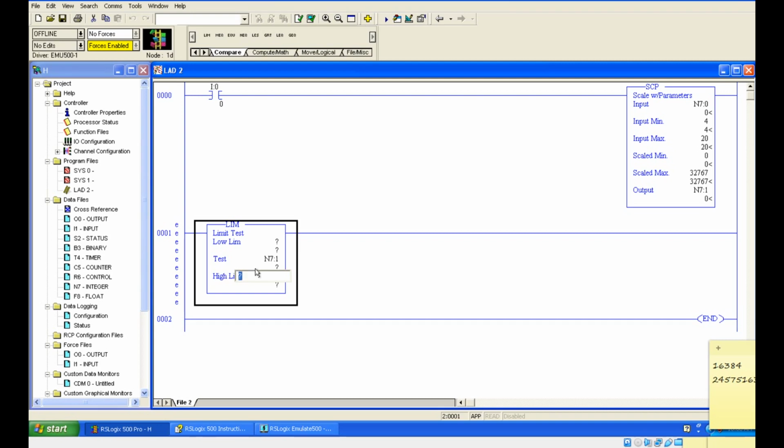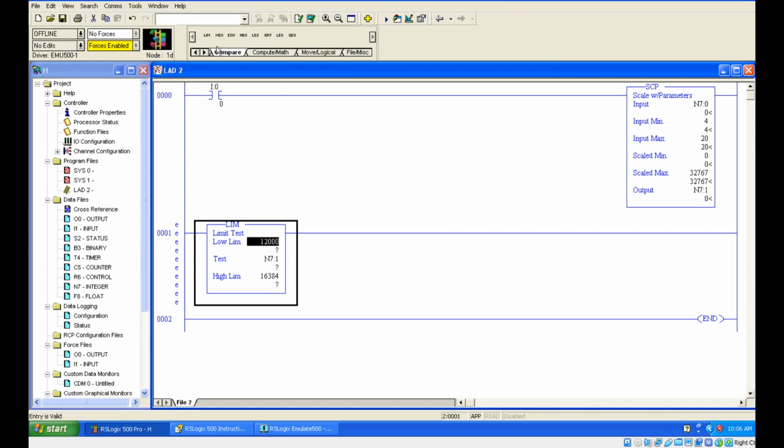16384. Just type 16384. Fine. And here you can give, which may be the value of 9, 10 or 8. Just give some random value which should be below this. I'll just give 12,000. Okay.